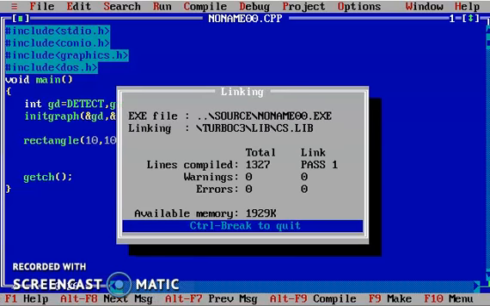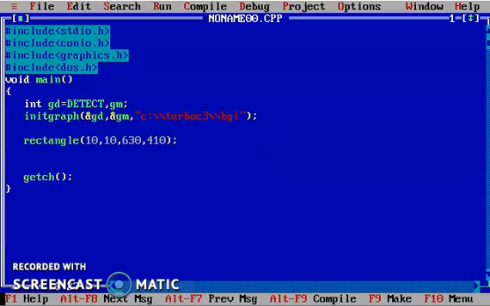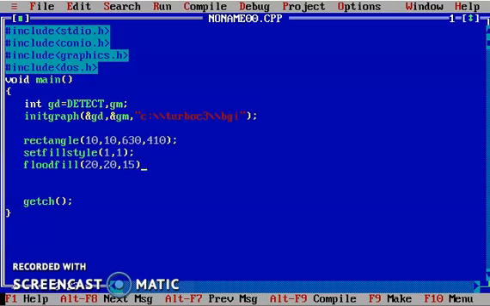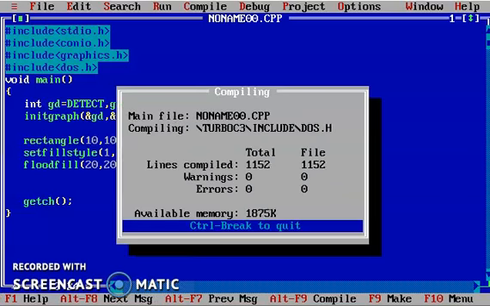We are giving color to this screen, like our Turbo C3 screen color, which means blue. So for this I am setting the fill style to solid color, and we know the blue color code is 1. After this I am using flood fill, giving one point inside the rectangle as 20, 20, and the border color, which we know is 15. So one filled rectangle we see here.